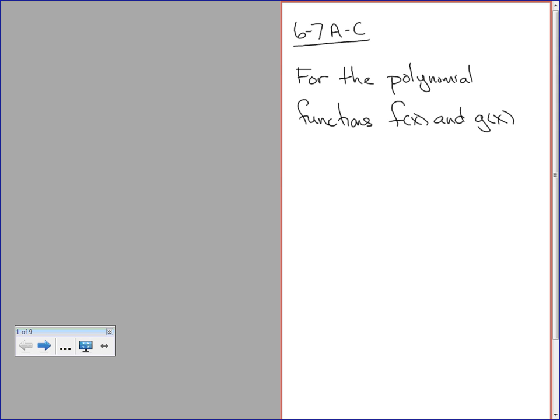What we're going to be doing in this section is adding, subtracting, and multiplying polynomial functions. And if you can add, subtract, and multiply numbers and terms, that's pretty much what we're going to be doing in this section. So the sum